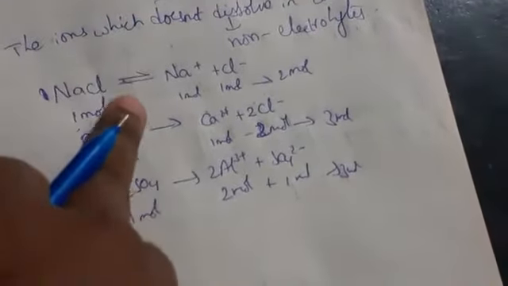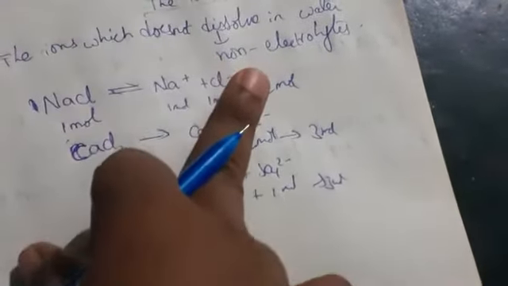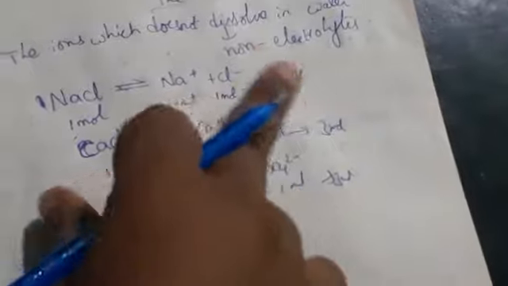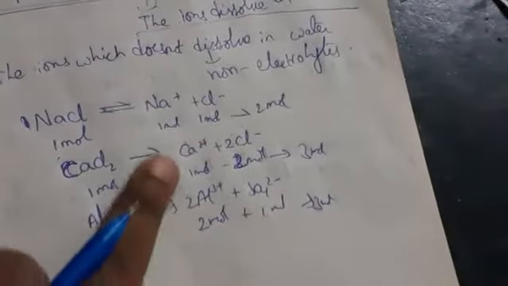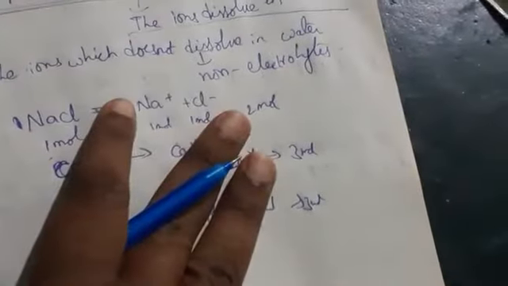So by this we can say that these are all electrolytes. Electrolytes ionize to give more than 1 particle per formula unit in solution. So this is nothing but electrolytes. The colligative effect of an electrolytic solution is always greater than that of a non-electrolyte of the same molar concentration. So this is the molar concentration, right?